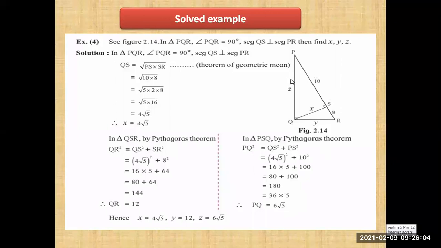So PQ means Z, QS means X and QR is Y. So from this, we get the values of X, Y, Z. Okay. Simply, first apply the geometric mean theorem. From the geometric mean theorem, you will get the value of QS, that is X. Then apply